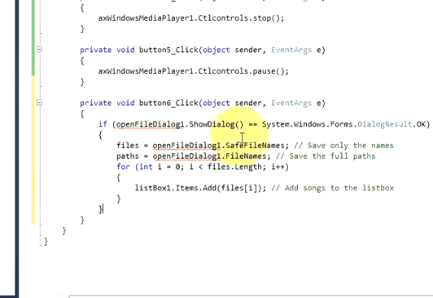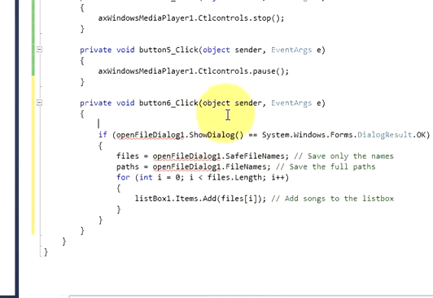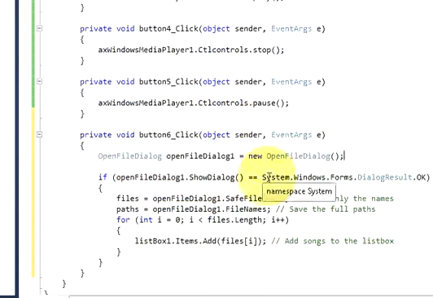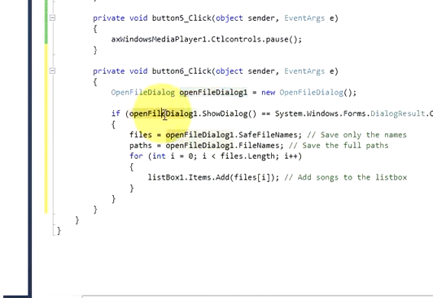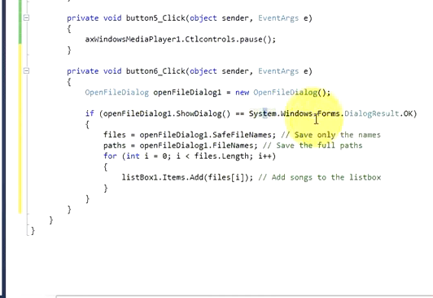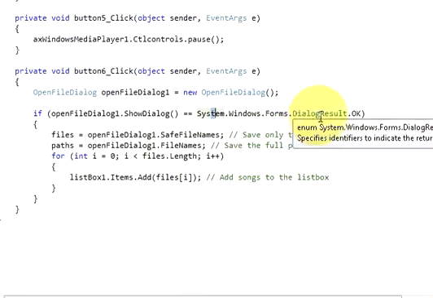So in here just write this code. What is this code? First of all, I will show you. This is for opening the open file dialog and then copying the path of the files into your list box. So just write OpenFileDialog, variable name is equal to new OpenFileDialog, bracket and bracket close. If your openFileDialog.ShowDialog is equal to System.Windows.Forms.DialogResult.OK,